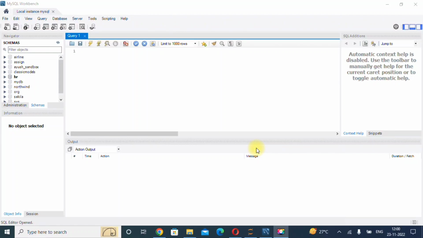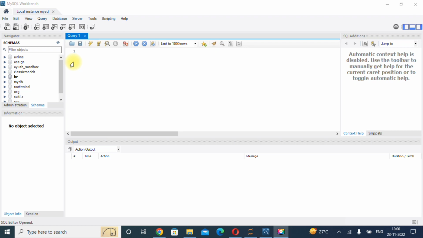In this tutorial, I am going to tell you how to use the select query in MySQL. In the previous video, we saw how to upload a database in MySQL. Now we are going to work on that particular dataset, and in this tutorial, we are going to learn how we can use the select query. Select query comes under the data query language commands. So we will see how we can use it.